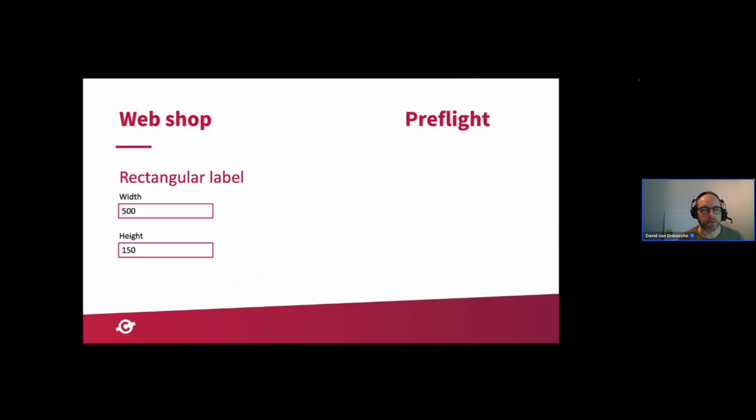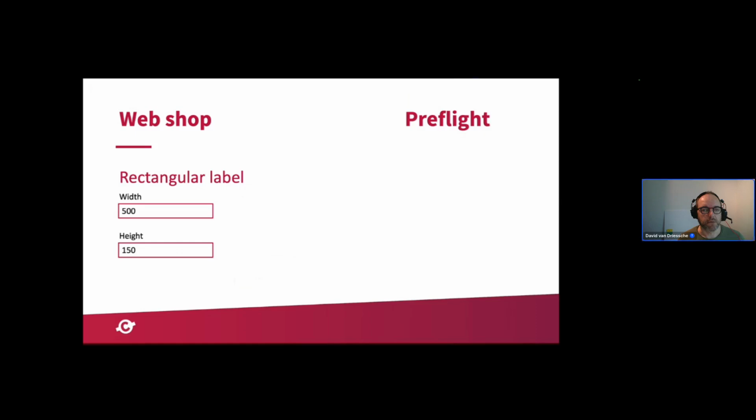edit box, so my customers can tell me I want to order a label that is this wide and this high, then I also want to make sure that I can pre-flight that and that I can check that the file that they upload matches the details of that order. And with variables in PDF Toolbox, you can do exactly that. And that's what you see here schematically, but I'm of course not going to only do schematic things. Let's see if we can